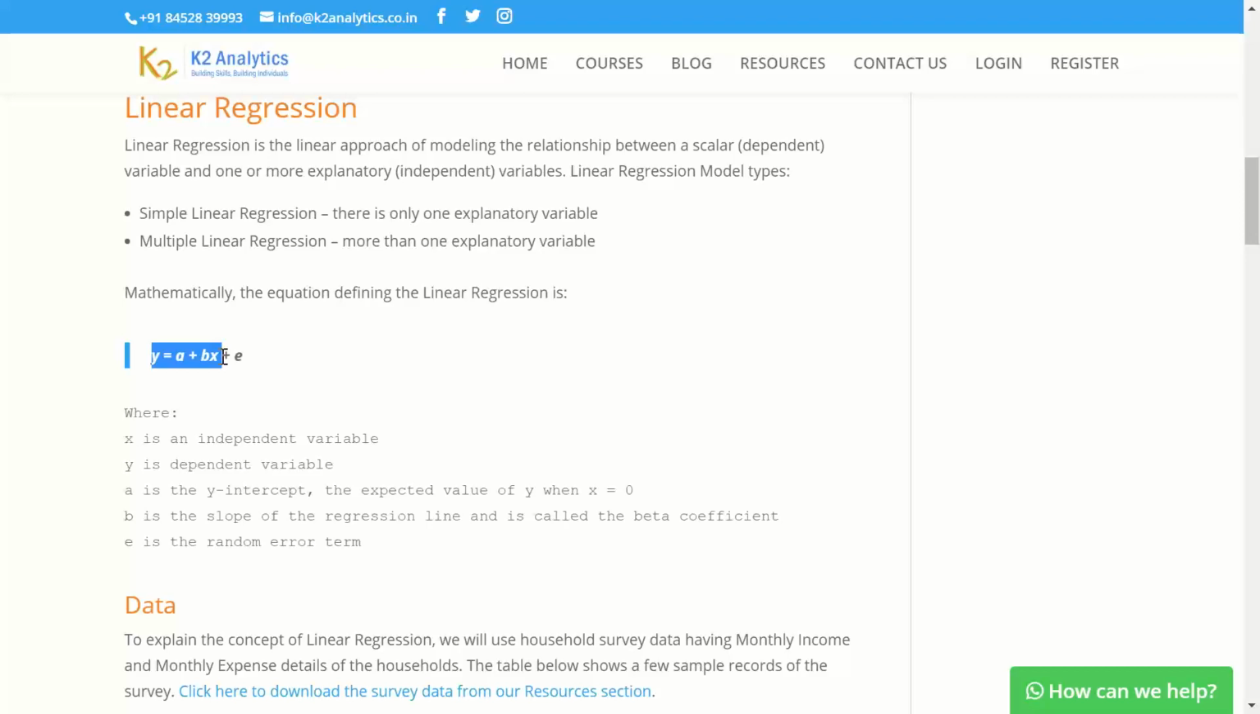The entire objective in regression is, how do I minimize the error? If I just represent this as a plus bx, the predicted values are represented by y cap. This is my actual value. So here, if a plus bx is y cap and I move that to the left hand side, y minus y cap